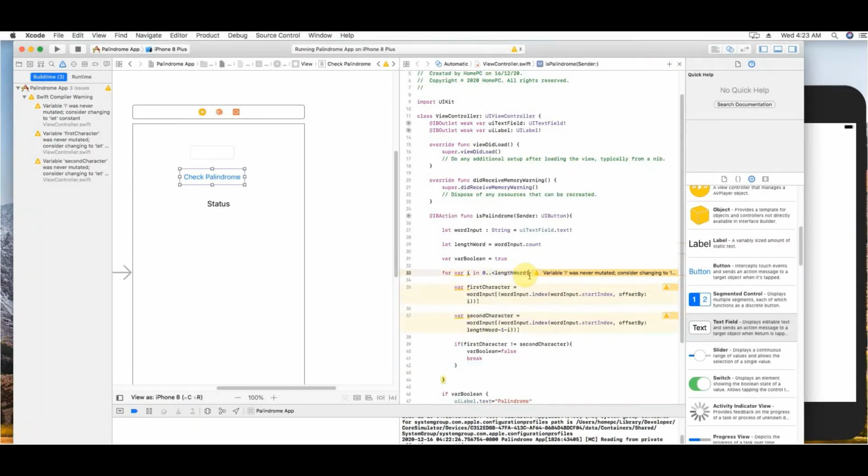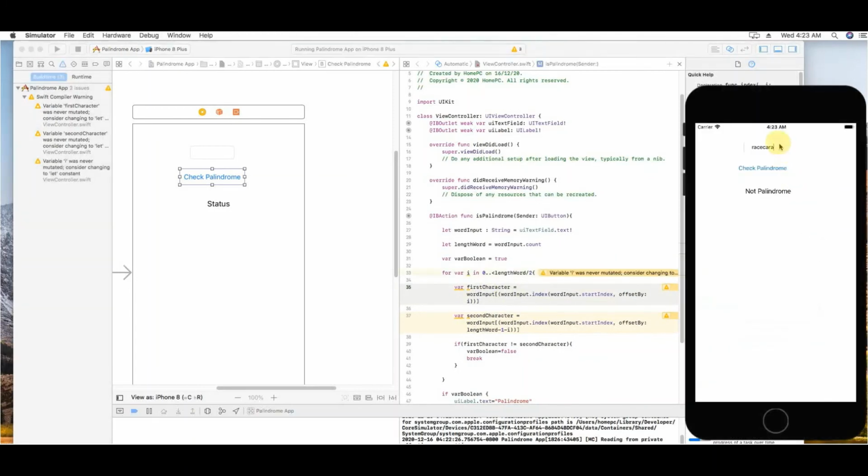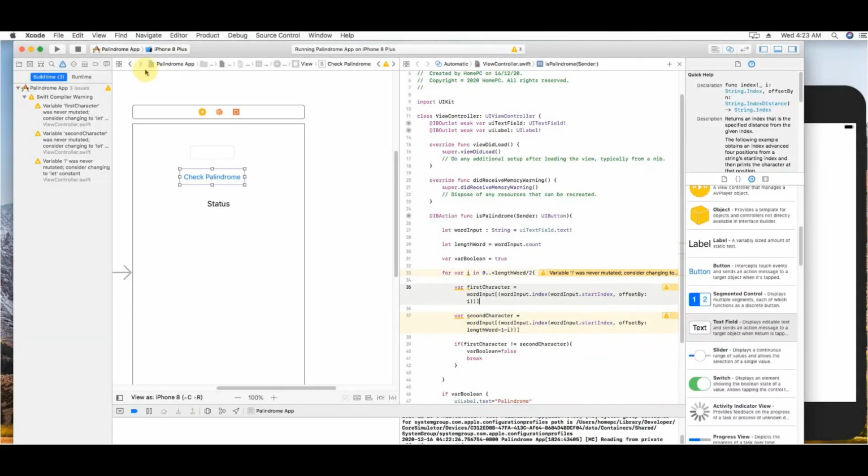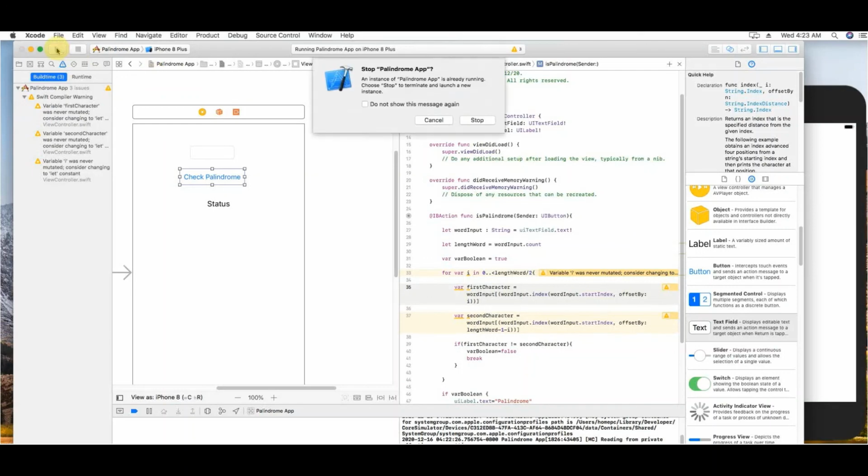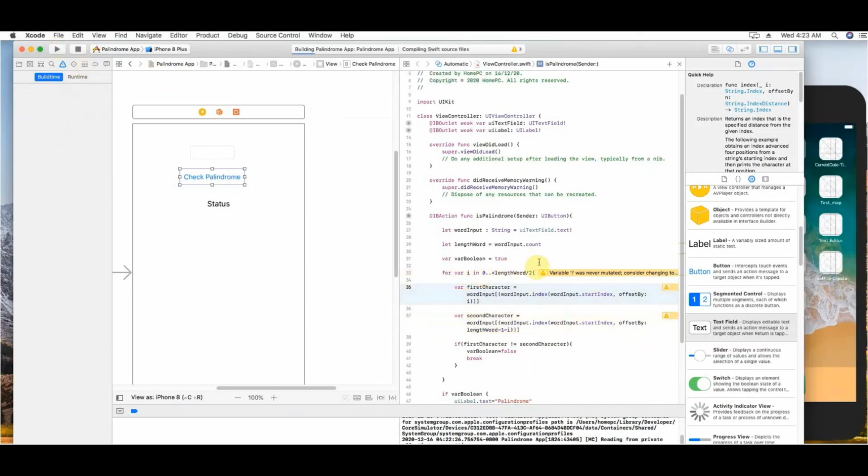One thing I would like to say over here is that in this for loop, instead of checking till the length, we could have checked only till half of the length. No point iterating throughout the length, because for example, if it's racecar, it's sufficient to check till half of that word and not the complete word, because we will be comparing the first letter with the last letter anyway, and that's how it will work. So we can quickly check this part as well, whether it works after making it half.